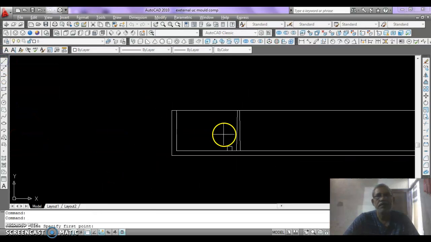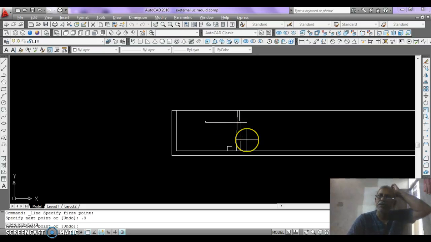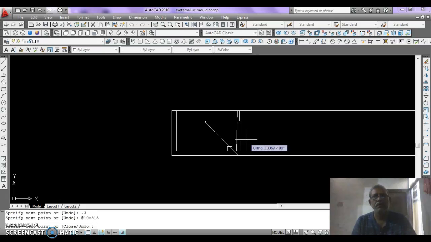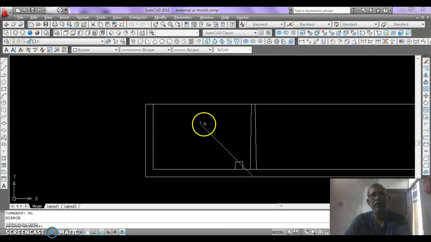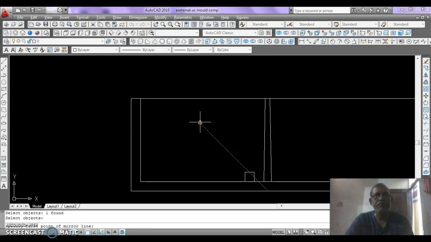a line by 0.3, and now at the rate of 10, angle 360 minus 45, that is 315, and now mirror the same at the mid,